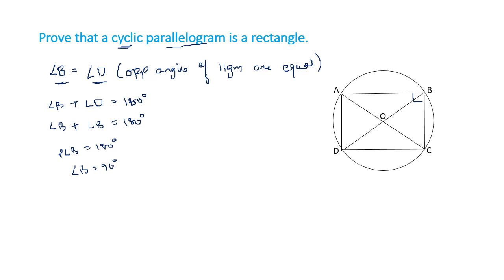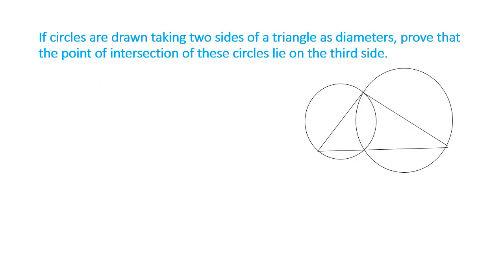But angle B equal to angle D, this is also equal to 90 degrees. And similarly, you can also show angle A equal to 90 and angle C equal to 90. So because we showed all four of them are 90, it becomes a rectangle. Okay, so don't go in the complex way. Just use the theorems that you know. Opposite angles of a parallelogram are equal and opposite angles of a cyclic quadrilateral are supplementary. Using the two things, we can easily prove that it is a rectangle.